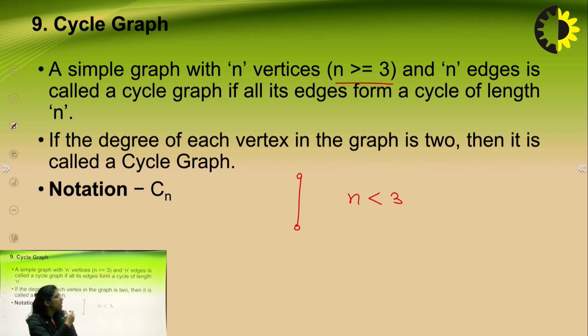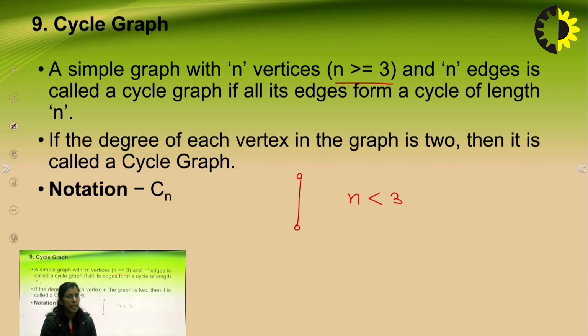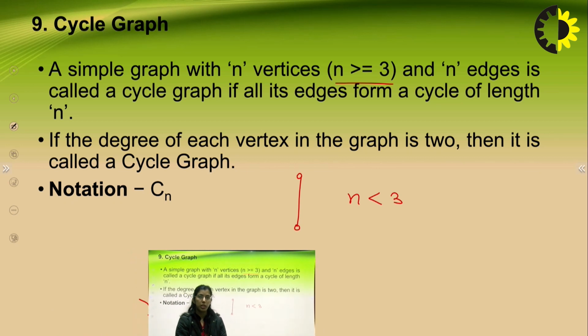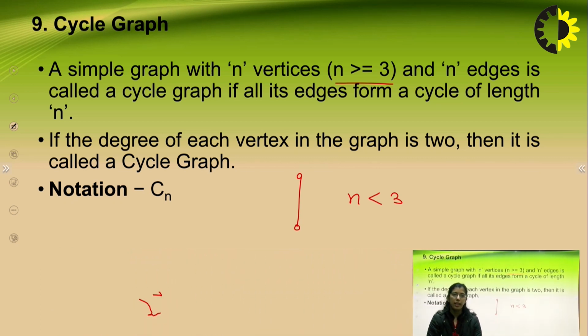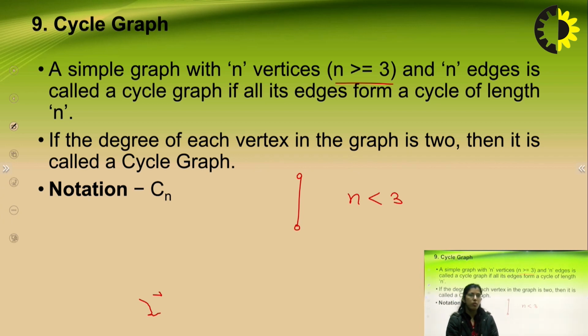So the basic condition in this graph is n must be greater than or equal to 3, and a graph with n edges is called a cycle graph if all its edges form a cycle of length equal to the number of vertices. If the degree of each vertex in the graph is 2, then it is called a cycle graph. For example,